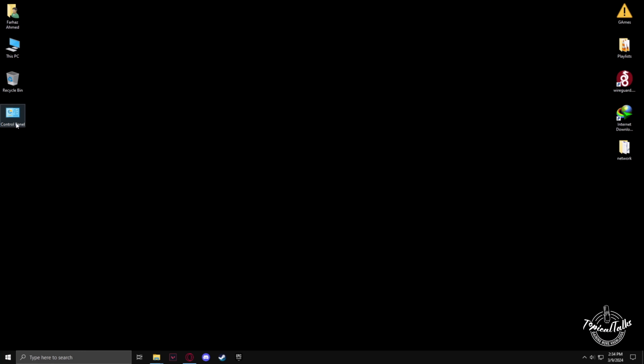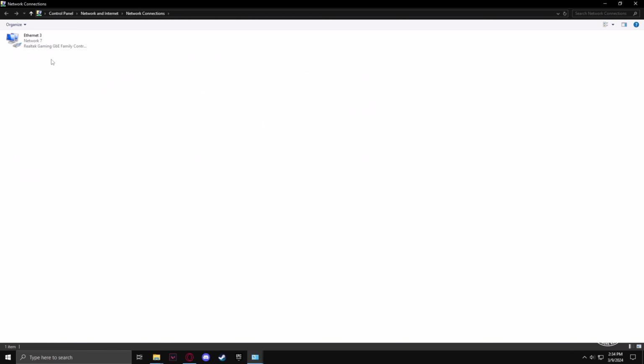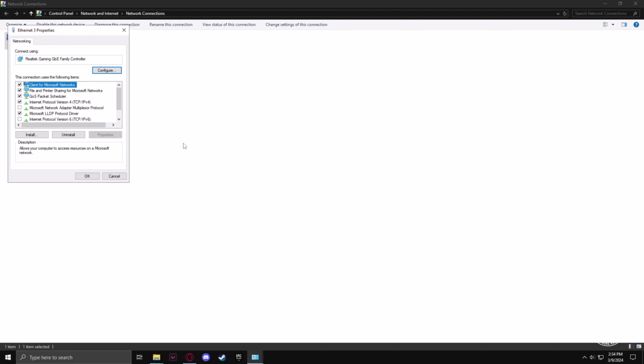In order to do that, go to Control Panel, then click on Network and Sharing Center. Now change adapter settings. Now right click on your Ethernet connection, go to Properties, click on Internet Protocol version 4,